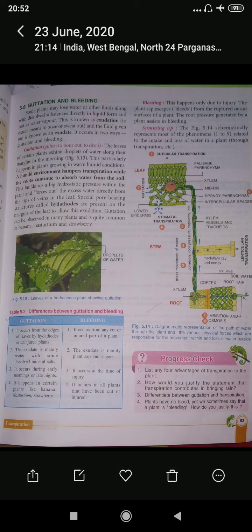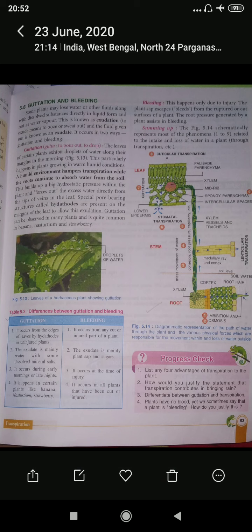Now, transpiration is loss of water in the form of vapor. There are other methods of losing water in plants also. One process we call guttation. It is actually loss of water in the form of water droplets through special openings at the ends of the veins of the leaves, which we call hydathodes. Guttation is due to the root pressure. Commonly we get them in the monocots and herbs.